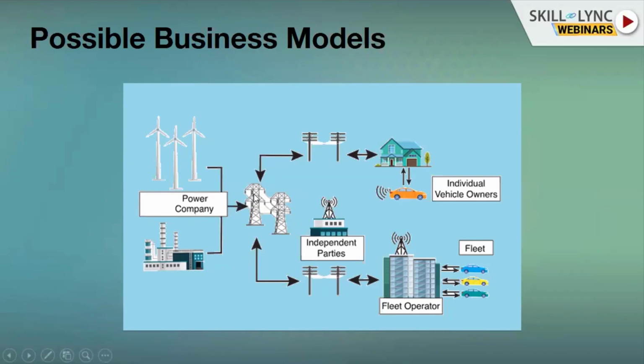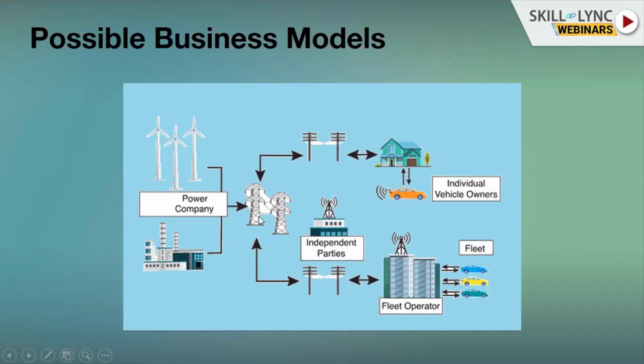Okay. So there you have two different types of consumers. One is the residential area where you'll be having individual cars. So you will be able to charge that electric vehicle through your residential apartments or houses. But there would be fleet operators like Olas or any major fleet owners. They would be taking more amount of power. So they would be purchasing the power from independent parties.